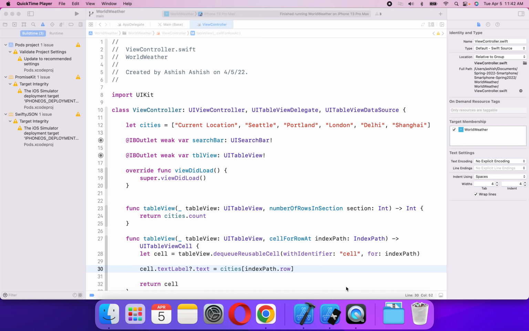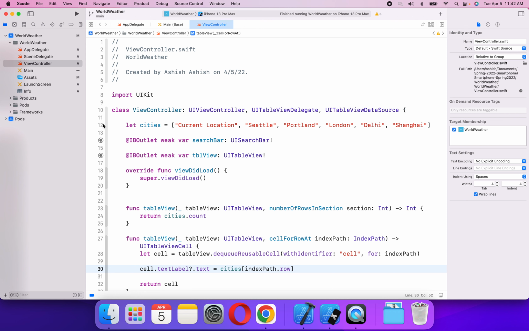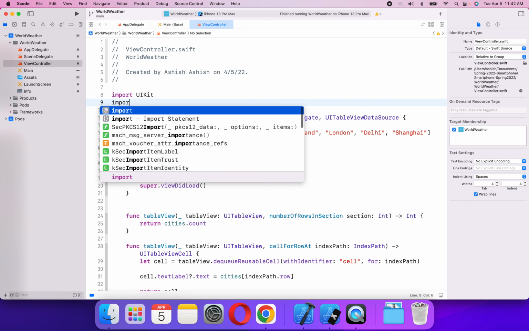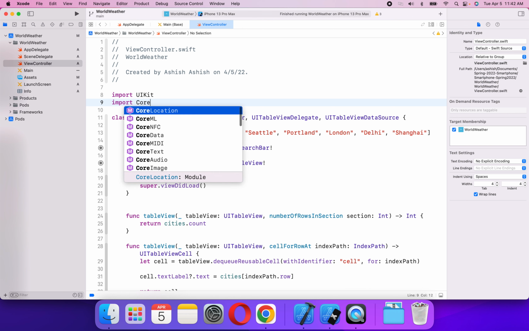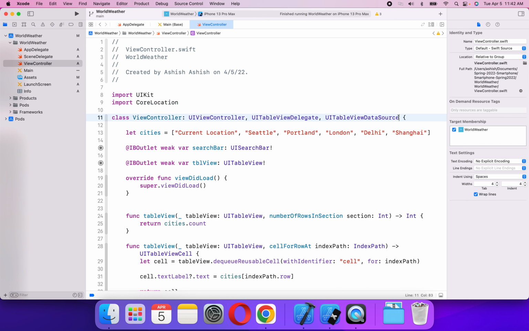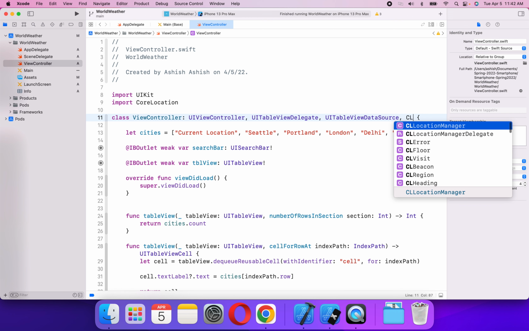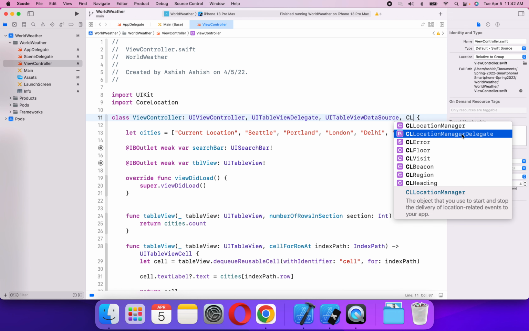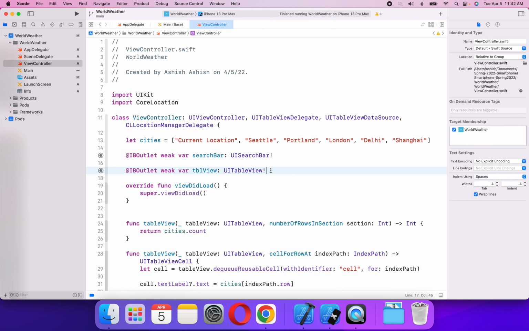Actually get the location part of it done. So how do we get the location? Okay, so the first thing we'll do is we need Core Location. So we'll say import CoreLocation. Okay. Next, what we want is a CLLocationManagerDelegate over here, and we need a location